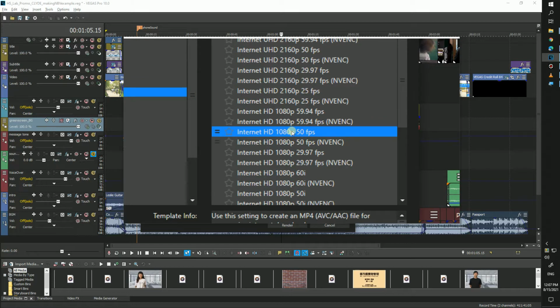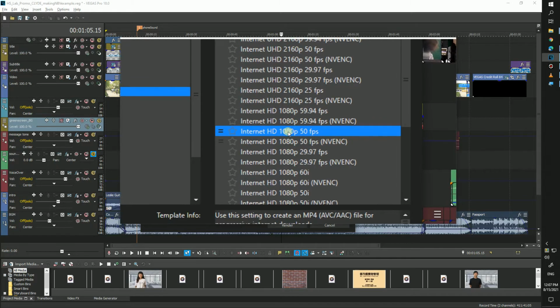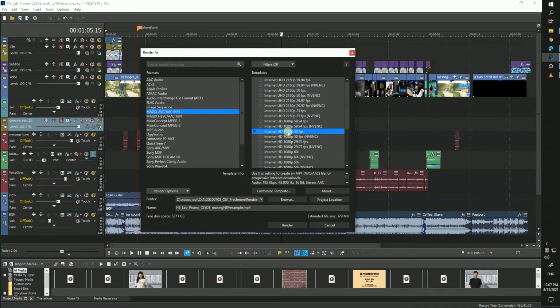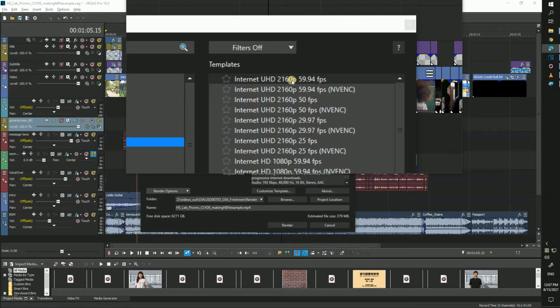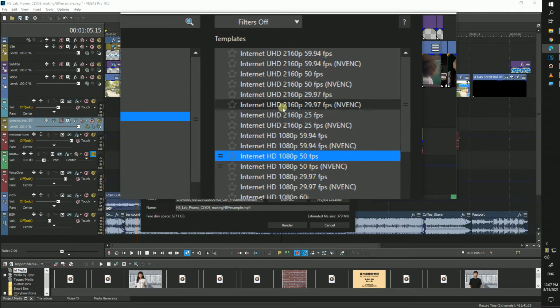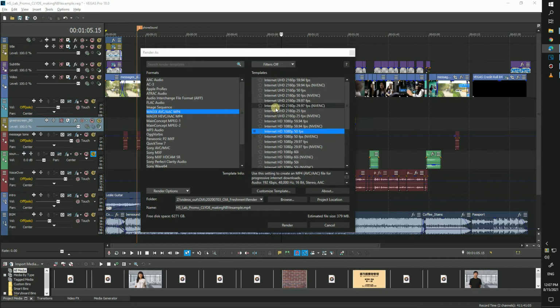So for our example, I usually have my camera shoot raw footage in 1080p at 50 frames per second. If I were to choose 2160p at 59.94 frames per second as our render setting, I would be unnecessarily increasing the file size for an end product that won't even be able to display the video at its fullest.